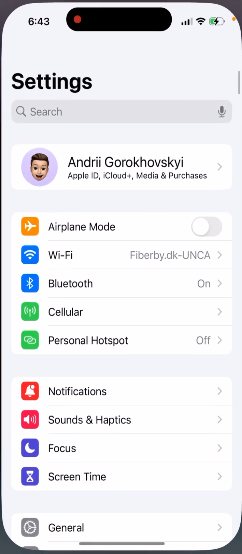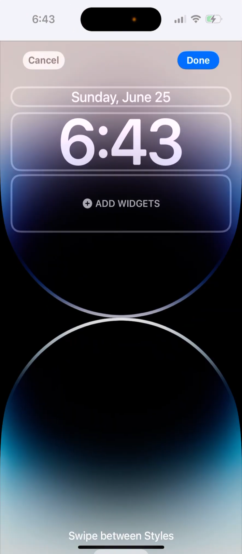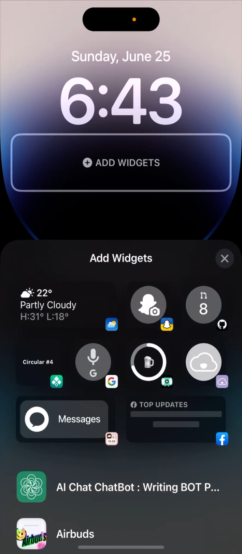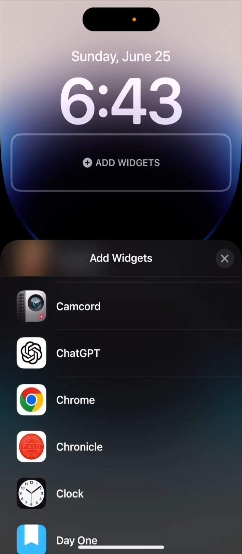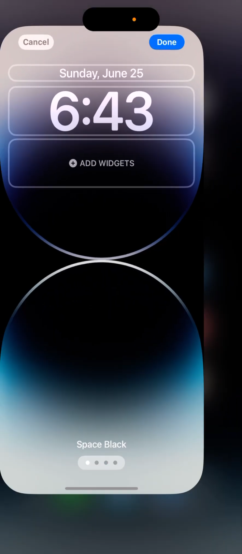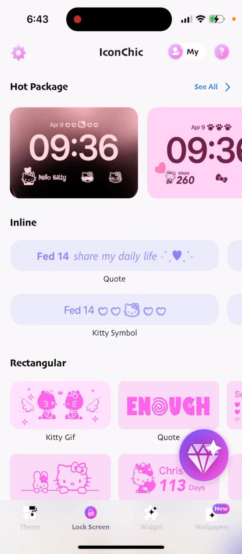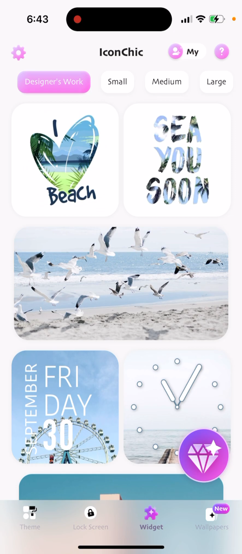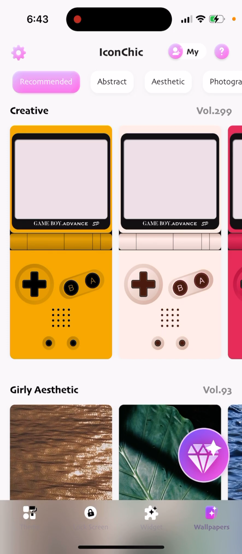You need to have iOS 16, and then you go to settings, wallpaper, and then from here you can just tap customize and add widgets from here, and then you'll just be able to add a widget like that. So yeah, and you can customize your screen really a lot with this lock screen adjustment. So that's that. Then you also have just regular home screen widget, and then you also have all these